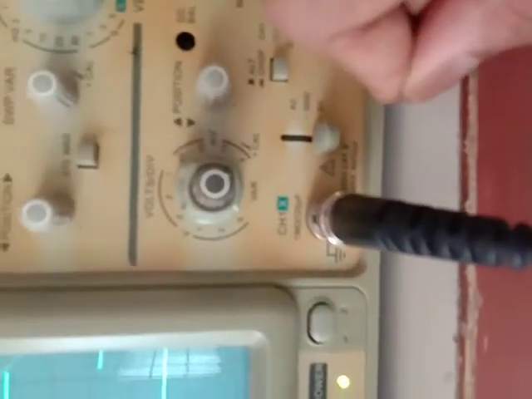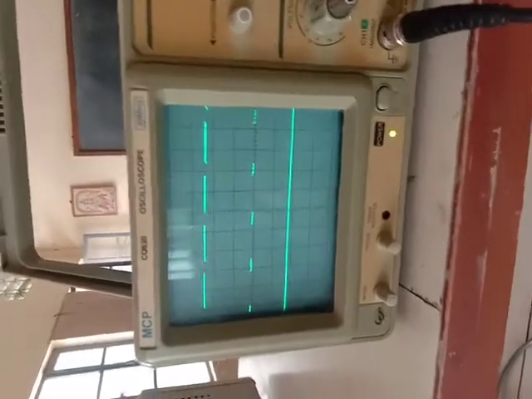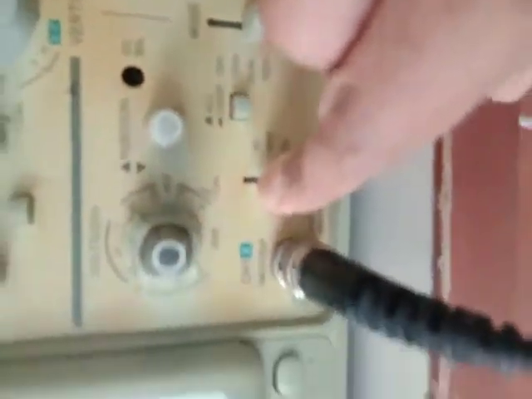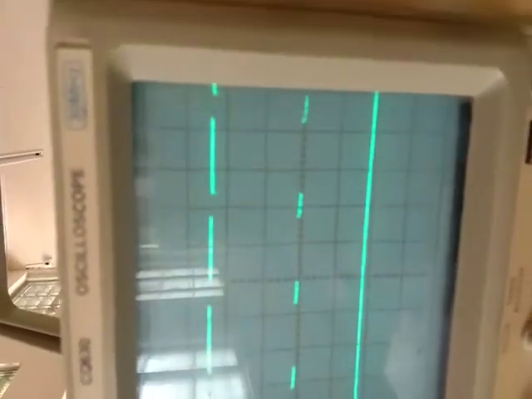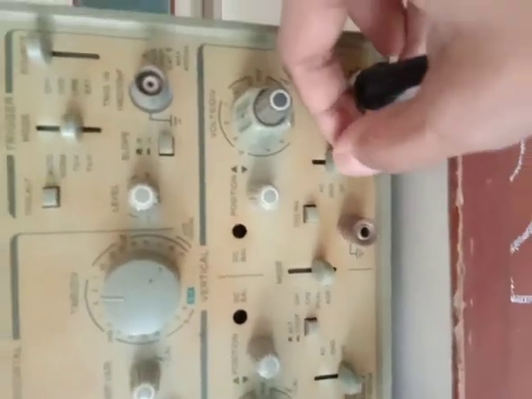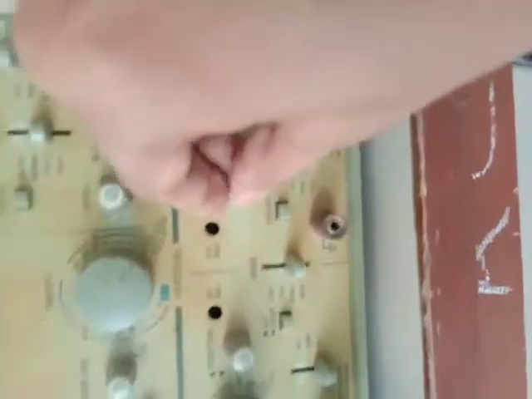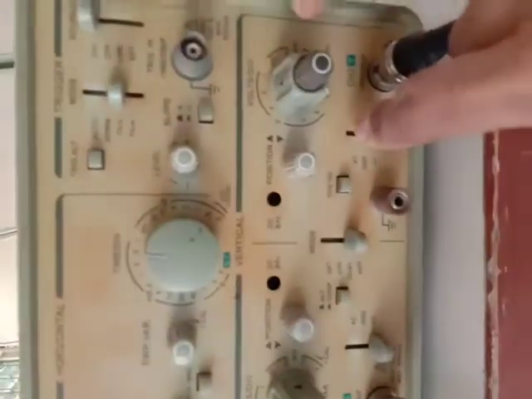Now if you see here, we have kept this at magnitude 5. So 5 into 2.2, and it gives us 12 volts. So the output is 12 volts. I have put the output in DC mode. So first you set it to ground, adjust the ground terminal, then you set it to DC. Similarly, I am going to adjust channel 2 also. So channel 2 I have put to ground. I am going to adjust it over here, and then I am going to put it again in DC.